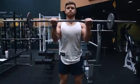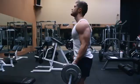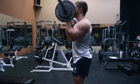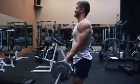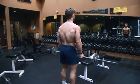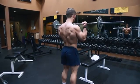You want to make sure that before initiating the curl, your elbows are tucked in comfortably close to your sides, and just before initiating the curl, you want to slightly flex the shoulder, or in other words, bring your arms forward by about 10 degrees. And at the same time, try tilting your scapulae posteriorly. Since the short head of the biceps attaches on the front end of the scapula, tilting them posteriorly will pull tension